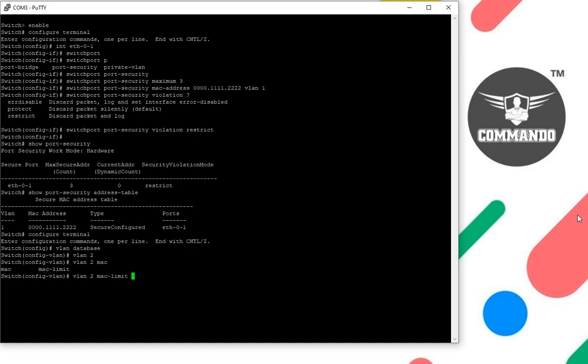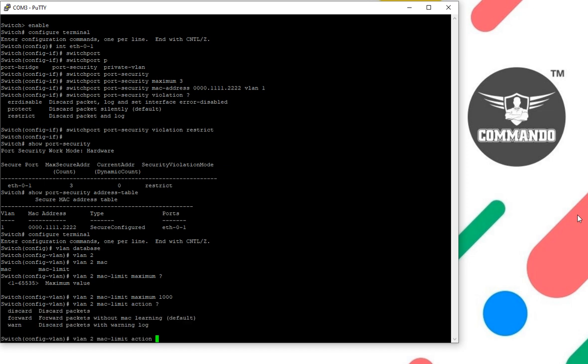VLAN 2 MAC limit maximum, and I can specify any value from 1 to 65,535. Let us say I want 1000. So a maximum of 1000 MAC addresses can be learned in VLAN 2. If this limit is crossed, I can take an action on that. VLAN 2 MAC limit action. I can discard, forward or warn. I want to discard,